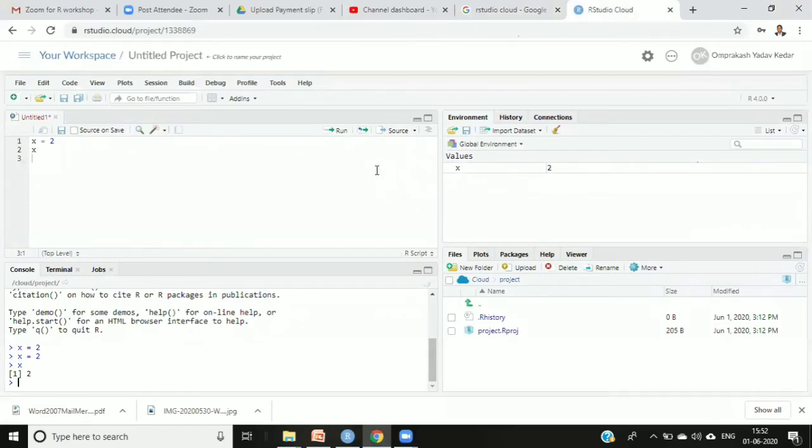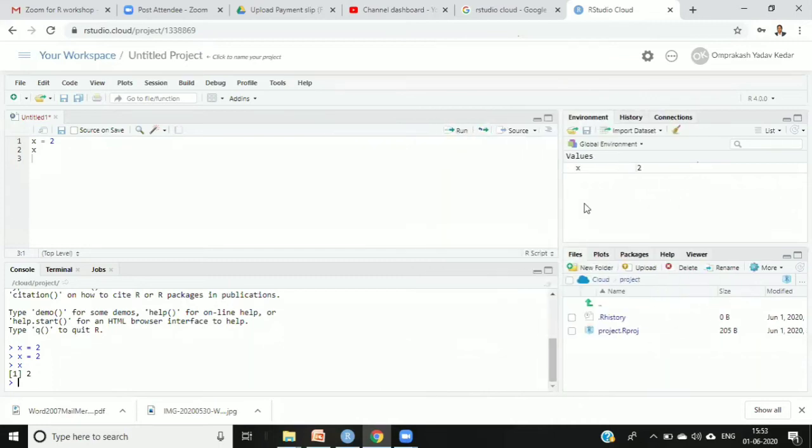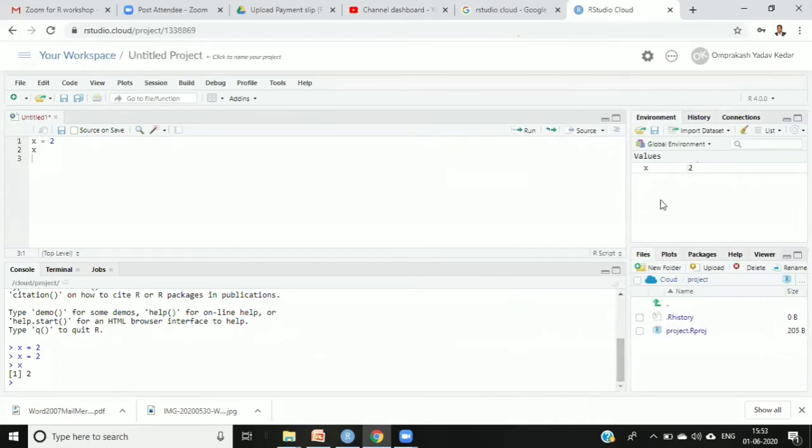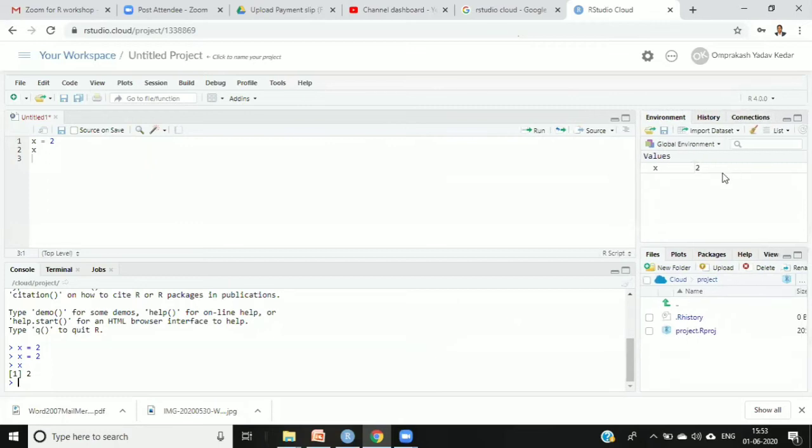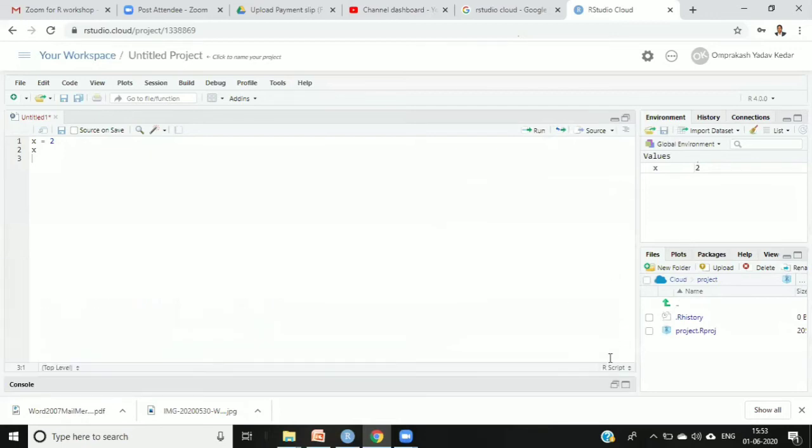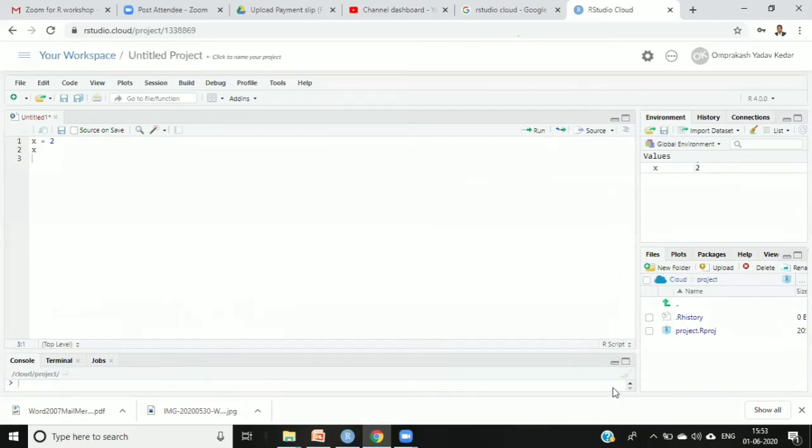So if you see, this is also exactly similar to my R Studio software. What we can do, we can just shrink this particular thing. Just click on that, hold it and drag it, right? So it got shrunk. If you're getting it like this, so it went over there, you click over here, it will come.